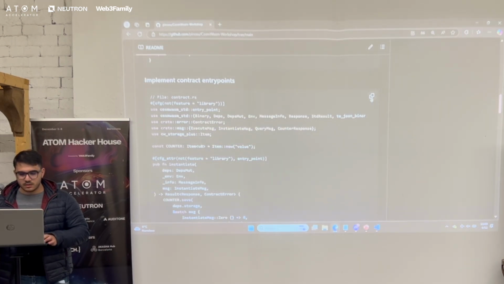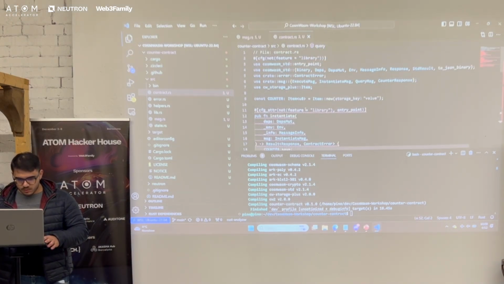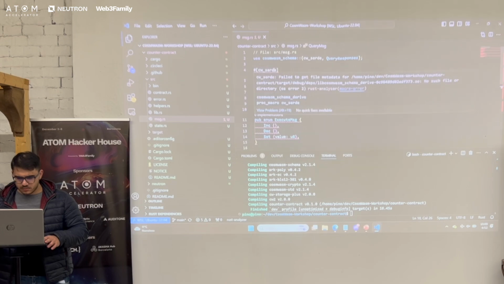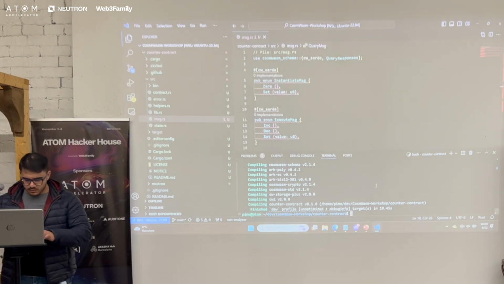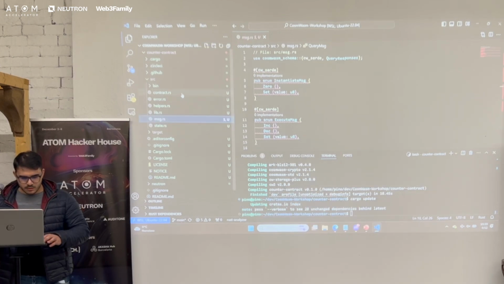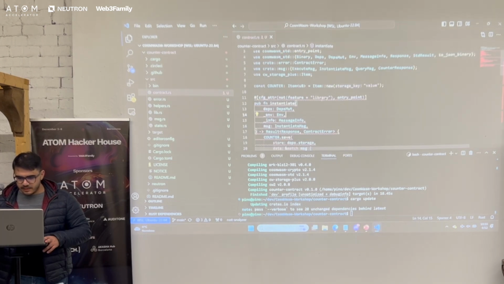Now we go to the implementation of the contract entry points. With this, it's going to be more clear why we need these messages and everything. Sorry, I don't know why it's complaining about this. Anyway, so